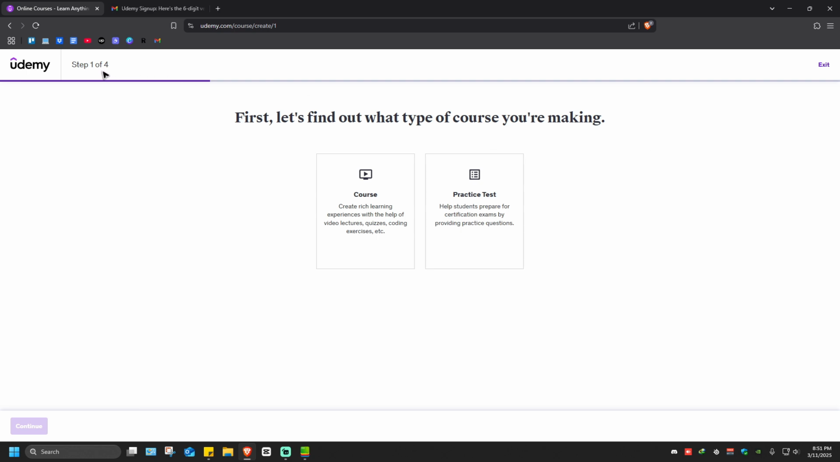that has 4 steps. Alright, first let's find out what type of course you're making. And this option on the left, create rich learning experience with the help of video lectures, quizzes, coding exercises, etc. Right here on the right, practice test. Help students prepare for certification exams by providing practice questions. Alright, let's say for example we're going to choose this one, and I'm going to hit continue